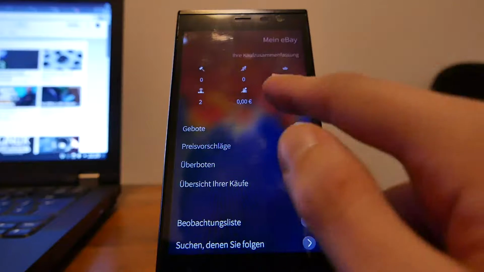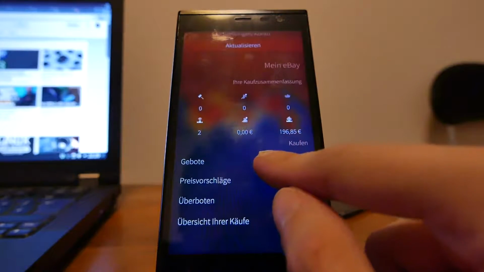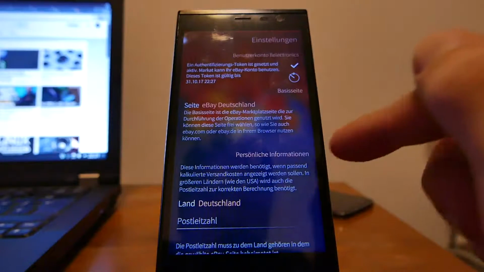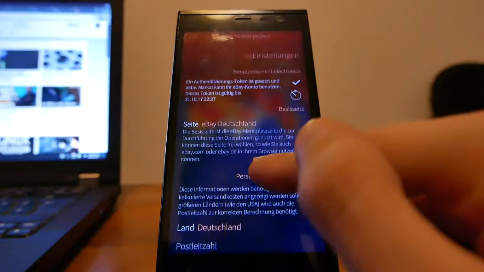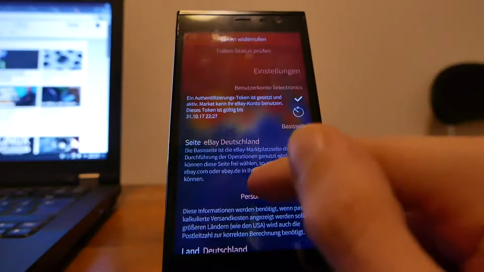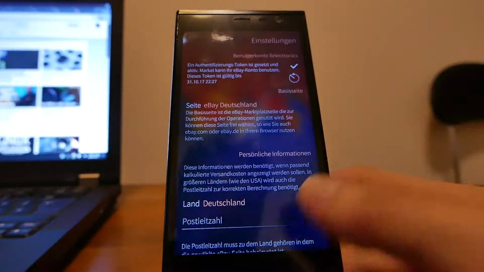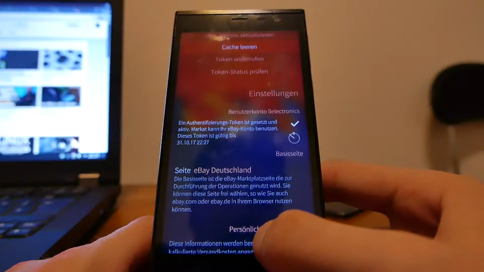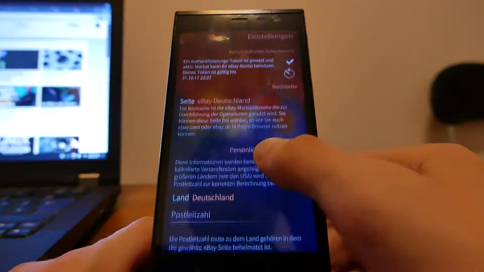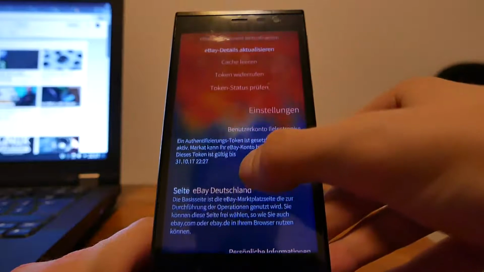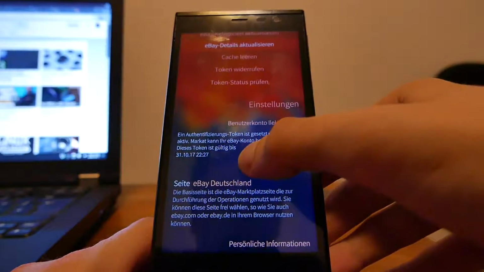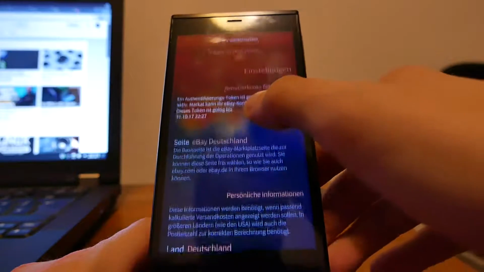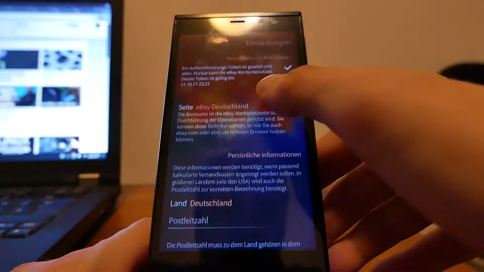And of course you also have the option to go to the settings of your account and set things up as I showed you before. You can also validate the token again from the eBay side, remove the cache, or just refresh the categories or details of your eBay stuff. Very interesting